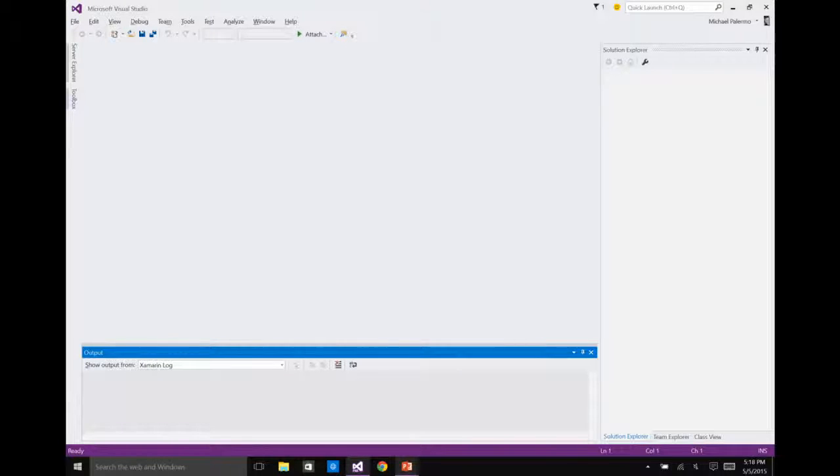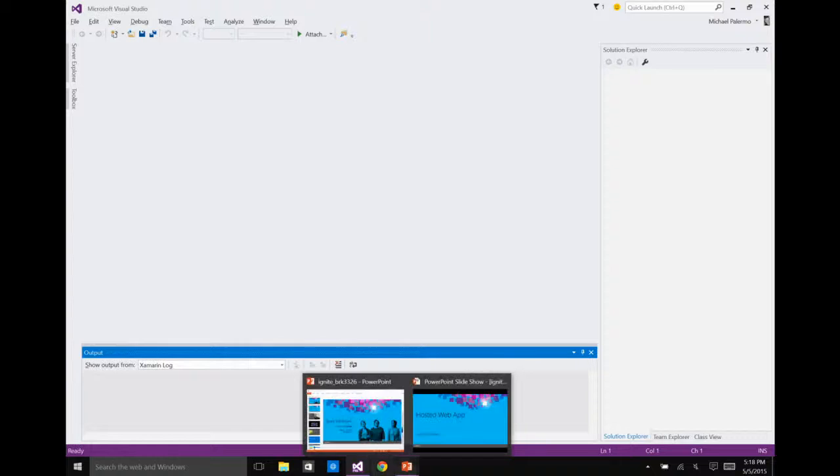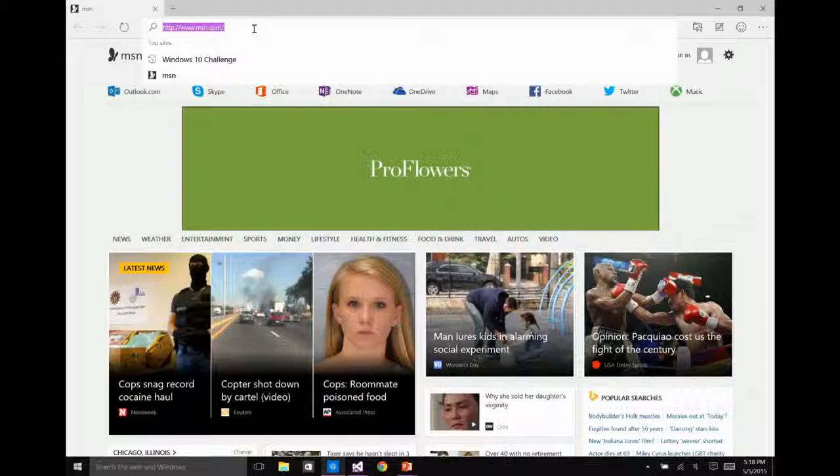I already have Visual Studio open, and I'm going to start from scratch on this first one. The first one is what I'm calling Storify. Now, in order to appreciate what I'm about to do, I'm going to go into the browser right now. I'm going to go to